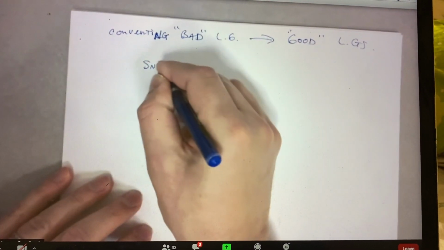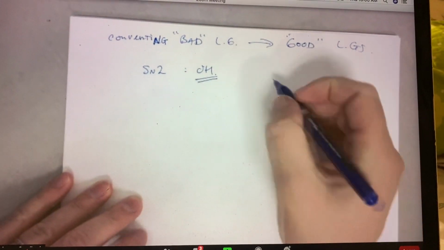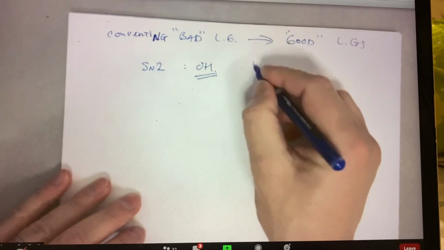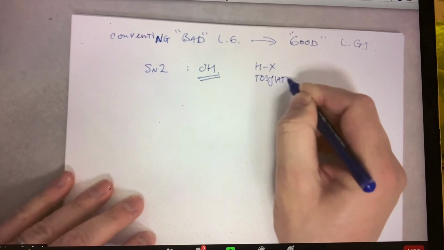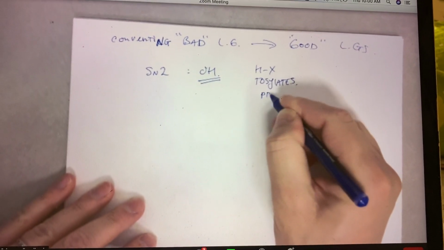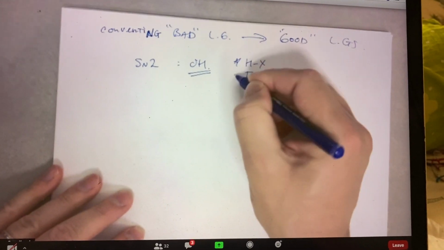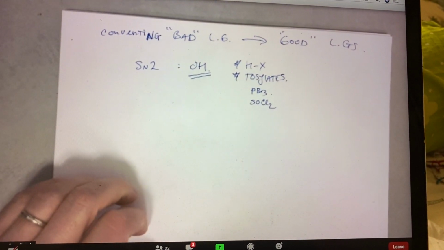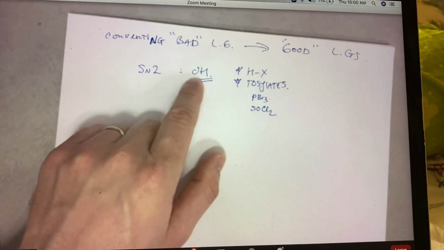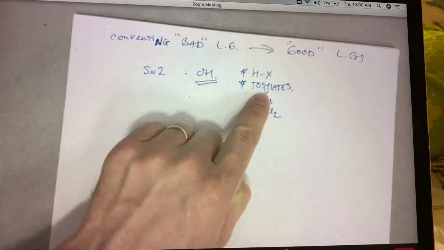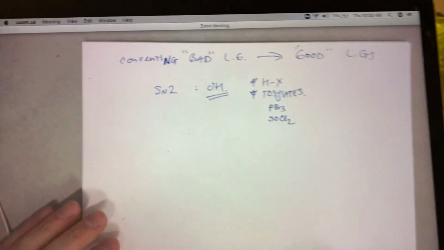Recall for SN2, we spent most of our time with the alcohol functional group, and we reacted it with strong acid like HX. We made tosylates. There were two other conditions. We learned PBr3 or SOCl2, but these were the two important ones we learned yesterday. If you add strong acid to OH, it converts it to water, which is a great leaving group. If we use tosyl chloride, we convert it to a tosylate ester, which then can be attacked. The same is true for